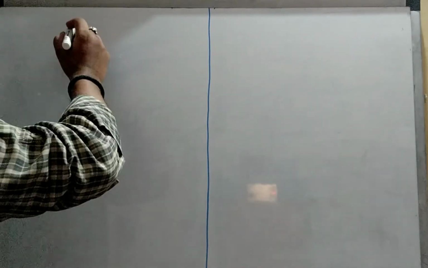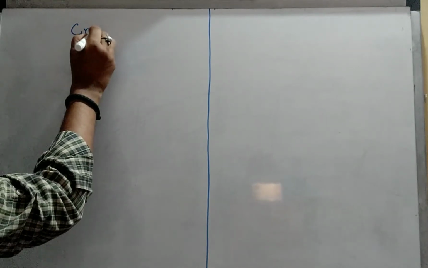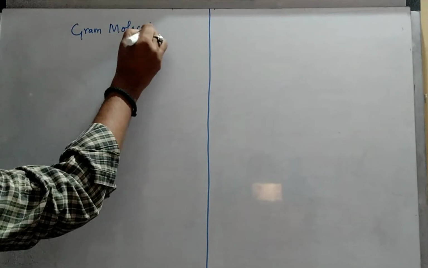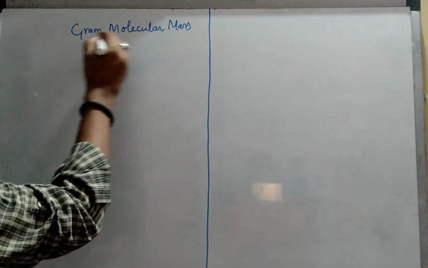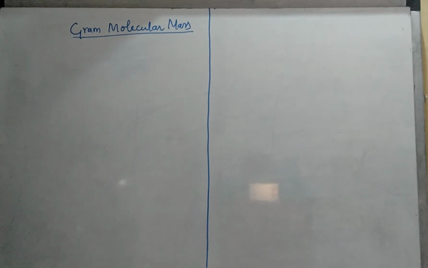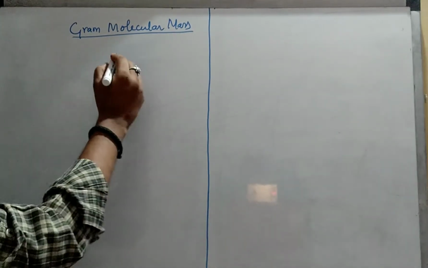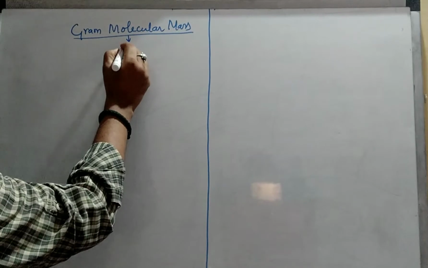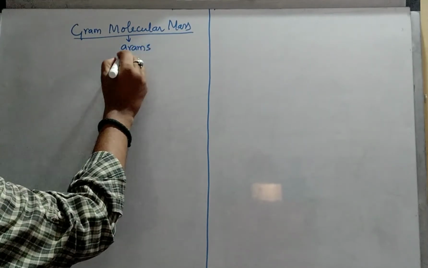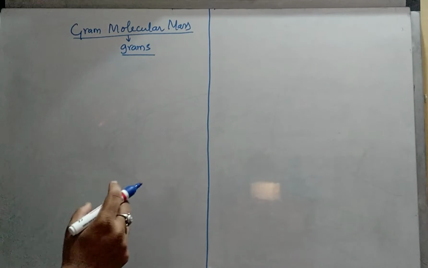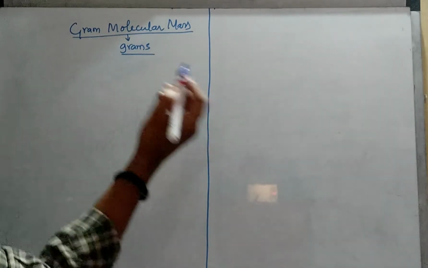In this class we are going to start gram molecular mass. So what is the meaning of gram molecular mass? Molecular mass expressed in grams. We can call it gram molecular mass. From a definition point of view,